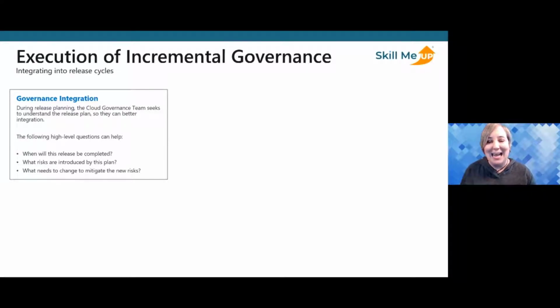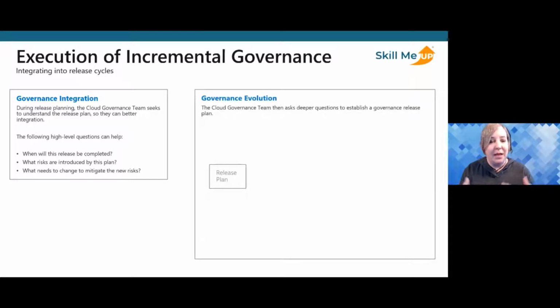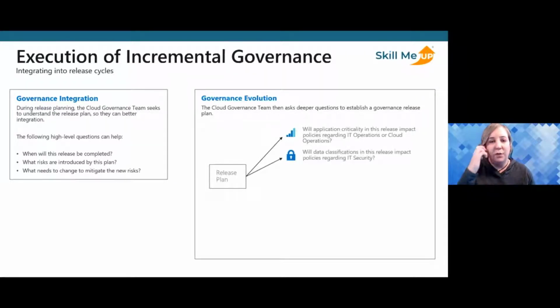What it takes into consideration then is this evolutionary trajectory. So the cloud governance team will be able to start digging in deeper and ask those deeper questions. A lot of times technical debt is not really understood by the cloud governance team, so they have to lean on other teams, especially middleware teams that manage these applications. This is where you start to uncover what the technical debt looks like.